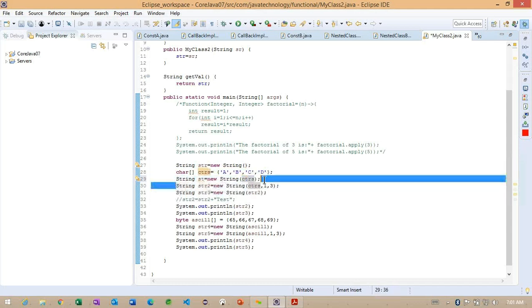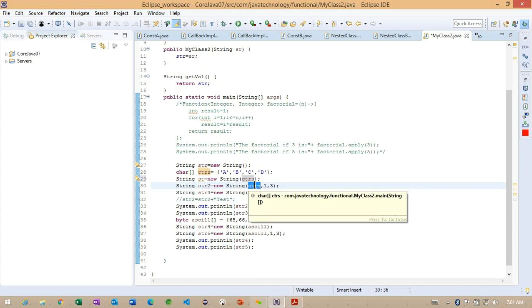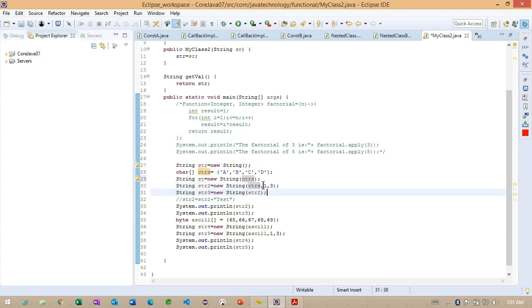Coming back to line number 30, we pass the same reference we created earlier, along with an additional parameter. The second parameter expects the index number from which we want to copy.